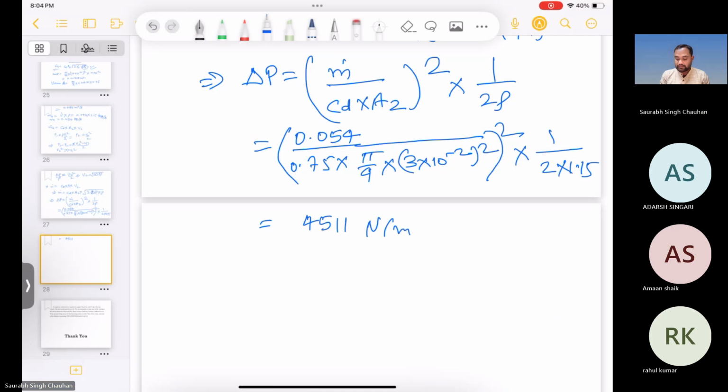SI unit. Because all the units are in SI unit, right? Yes, sir. So this is the delta P. So which delta P is this? Suction. So this delta P is